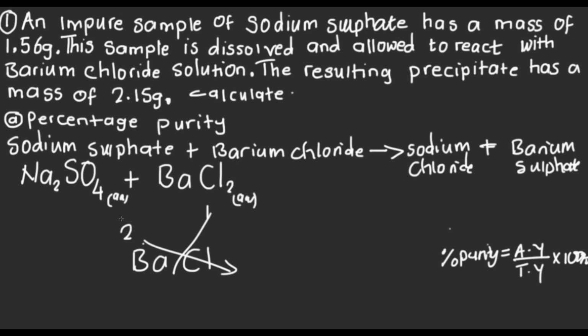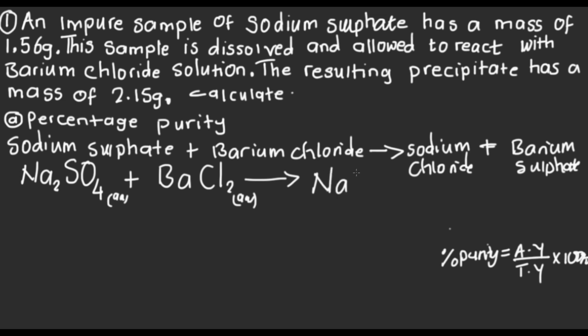soluble as well. So remember, when you are trying to produce an insoluble substance, you need to make sure that the two reactants that you have used must be soluble. Now for sodium chloride, this is common, so it's NaCl aqueous. Then for barium sulfate, since barium has a valence of 2 and sulfate has a valence of 2, so the numbers are even, so this will just give us barium sulfate BaSO4. This will be solid (s) since